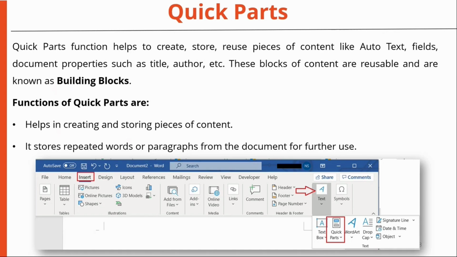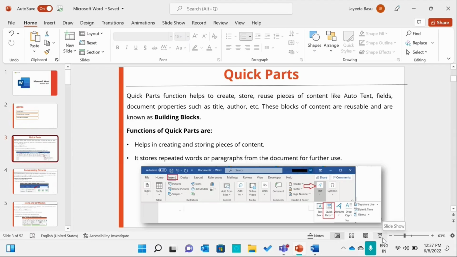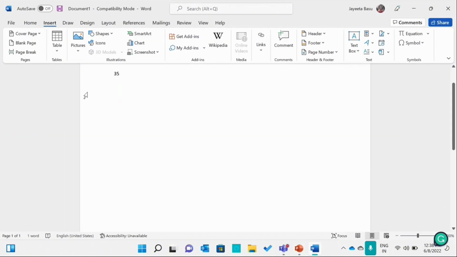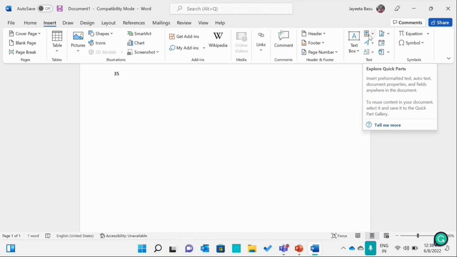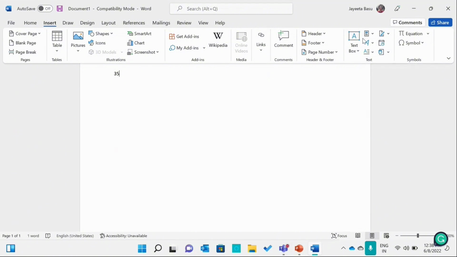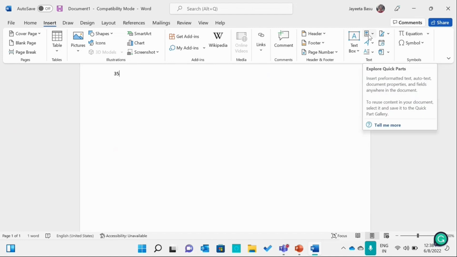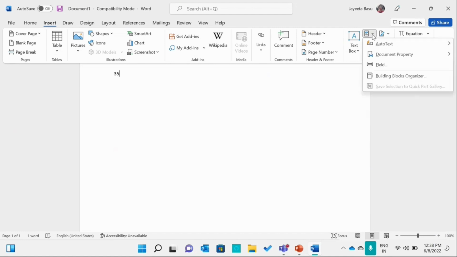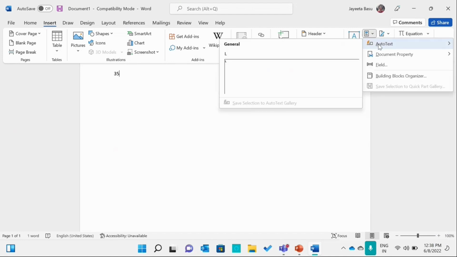Now let's see where quick parts is located in Microsoft Word. So we'll go to Microsoft Word and go to the Insert ribbon menu. Once you go to the Insert ribbon menu, we go to Explore Quick Parts. You will see the icon is of a document. You click onto it. You can add auto text,